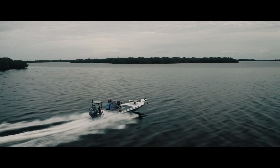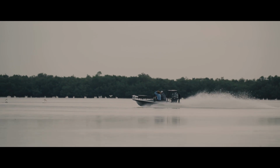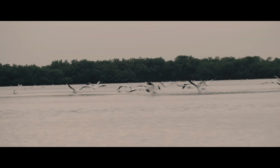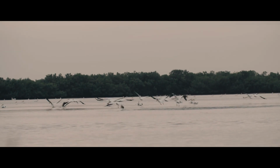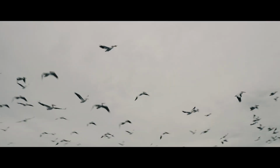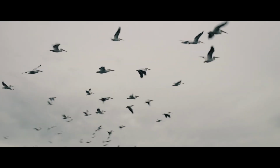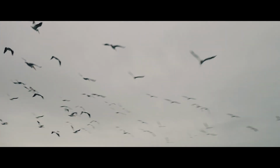The tide had finished going out at our first location, and we figured now is a great time to make the run to our second spot. And really, you gotta admire just the sheer beauty of what we're seeing. With this crazy low tide, birds were everywhere, the wading birds, the roseate spoonbills, the giant white pelicans. And honestly, I don't know that I've seen this many white pelicans since I've been guiding here for almost 17